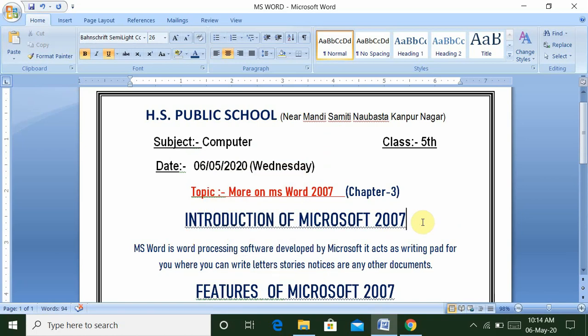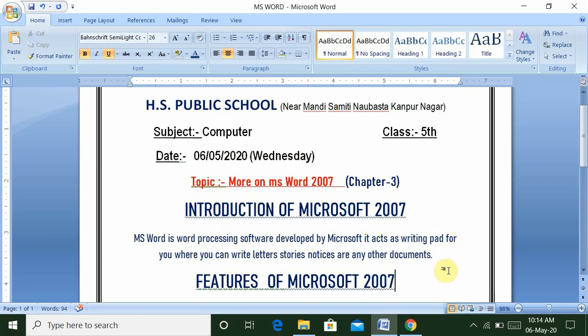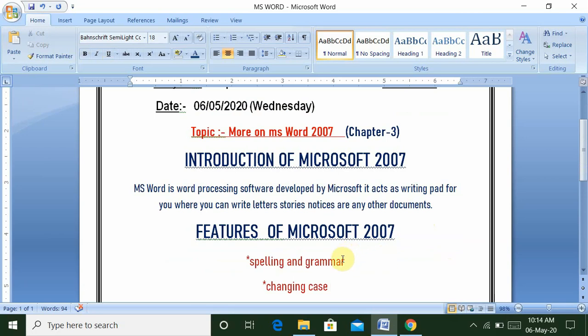This is the spelling or grammar option. First feature is the spelling and grammar option. We see that this option indicates the spelling and grammatical mistakes in the document. A red wavy line under a word highlights a spelling mistake.